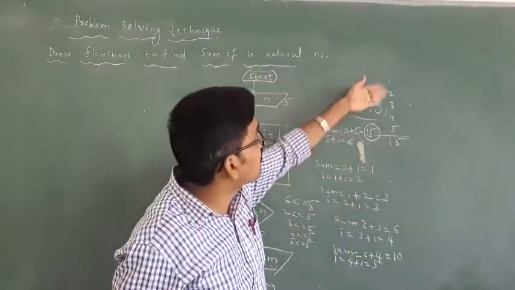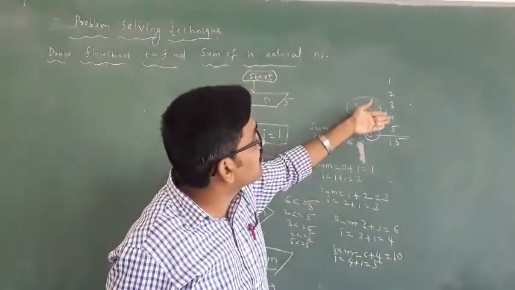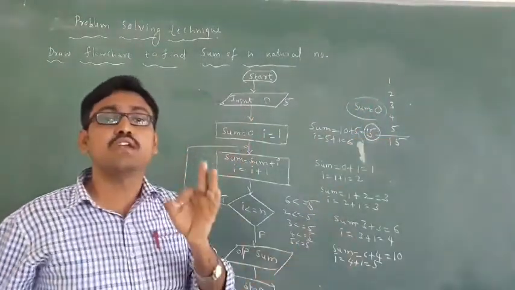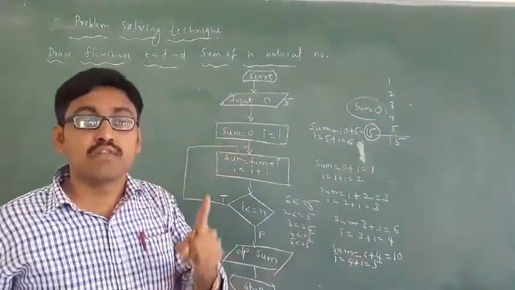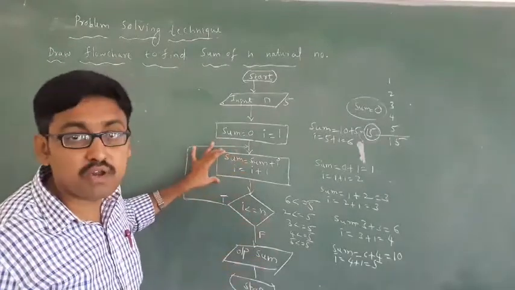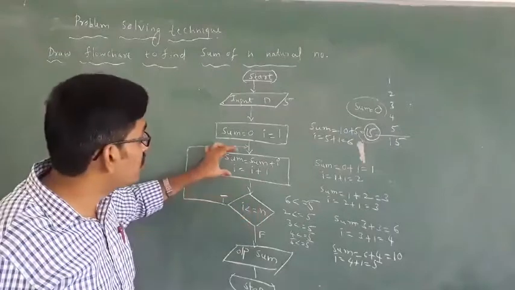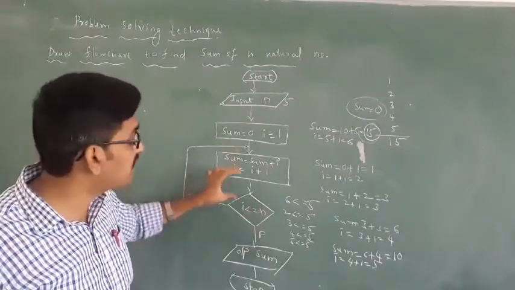See what the answer is. We are getting 1 plus 2 plus 3 plus 4 plus 5, which is 15. Like this it will work within a second. It gives the answer if you apply these formulas. For example, to remember this, you have to know these formulas and the condition.